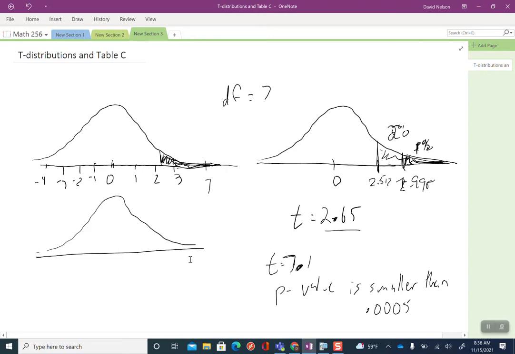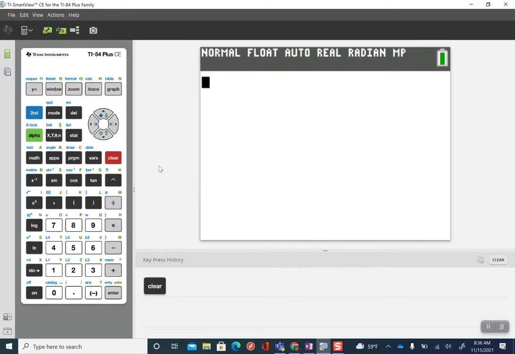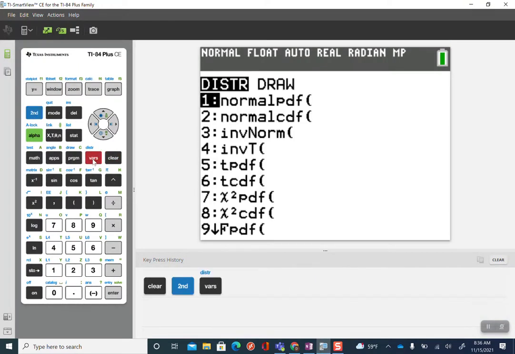We can get that off of our calculator as well. Under the distributions, if you've got a TI-84, there's the tcdf function in there. And if you're looking at something in a tail,